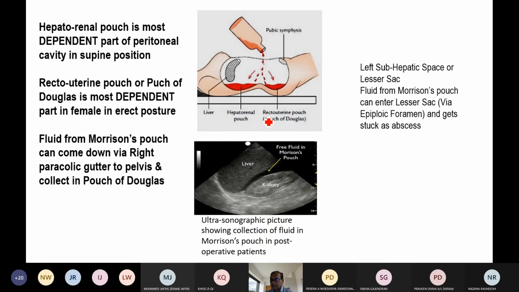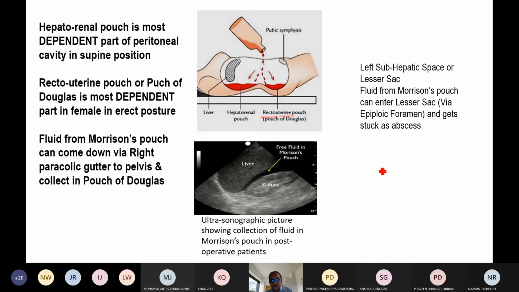And in the pelvic cavity, between rectum and uterus, there is a pouch called the recto-uterine pouch of Douglas. So in the recto-uterine pouch, it will accumulate. So in case of female, the recto-uterine pouch of Douglas is also a dependent part, but the person should not be lying down. The person should be mobile. And in case of male, it is the rectovesical pouch. So we all understand now in the normal supine, bedridden position, the fluid will collect in the hepatorenal pouch of Morrison. In the mobile person, it is either recto-uterine or rectovesical.